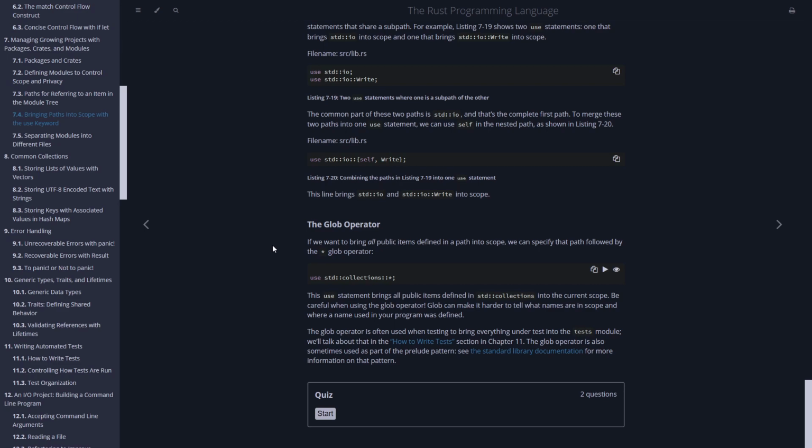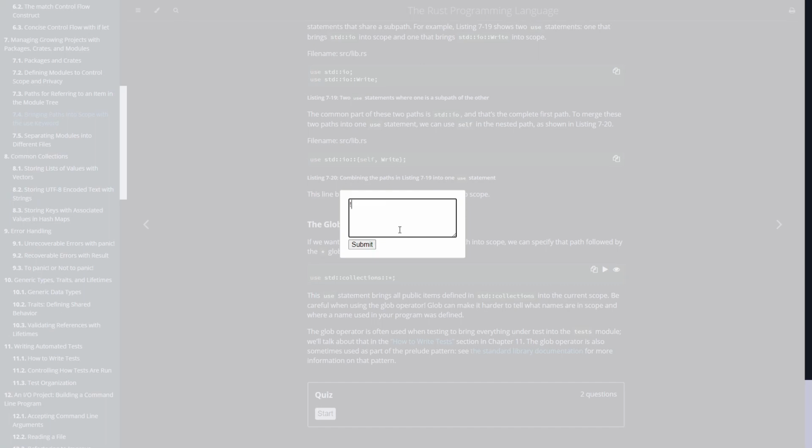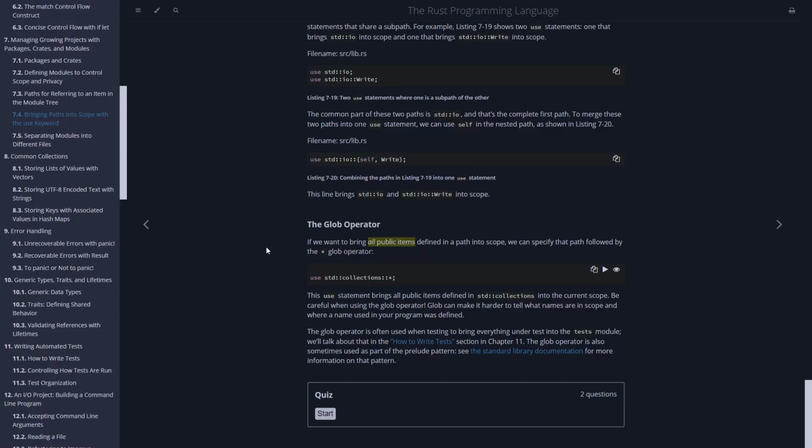Okay, all public items. Use std::collections::*. This use statement brings all public items defined in std::collections